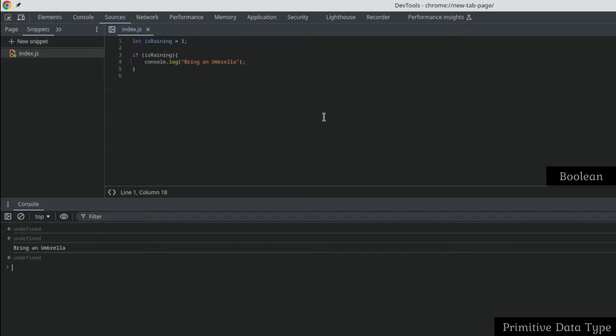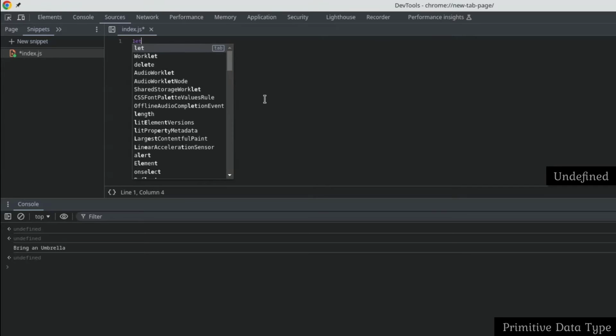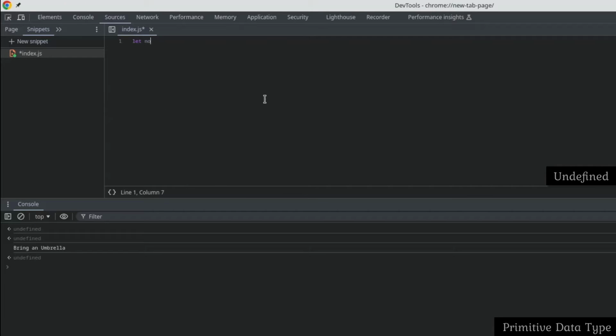Next, we are going to look at undefined data type, and this is basically a variable that has no value. So let's say let not assigned. By default we would set equal to and then specify maybe a string, but in this case it is called an undefined data type, so it doesn't have any value. We just have a variable name created, and the name of the variable is not assigned, and there is no value to this variable. So now if we print on our console,